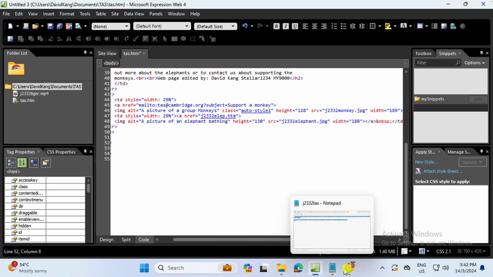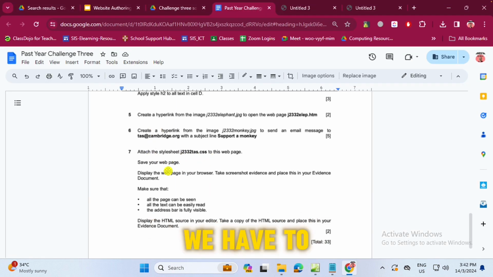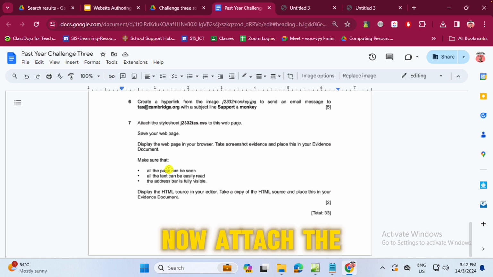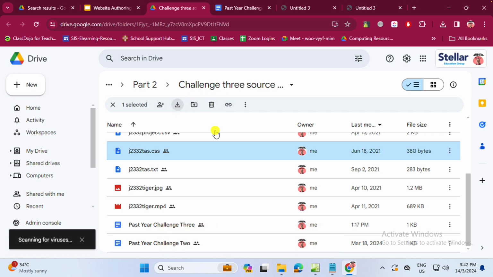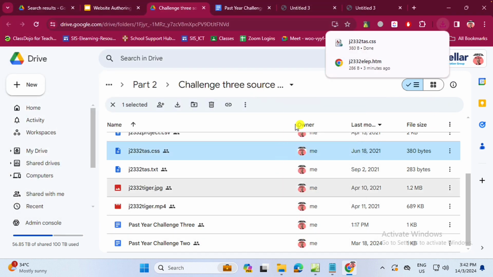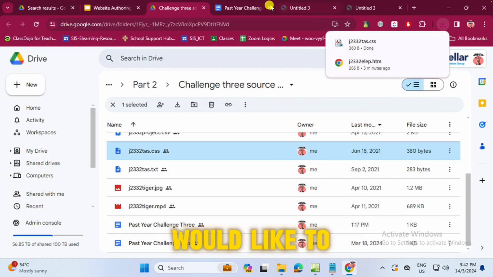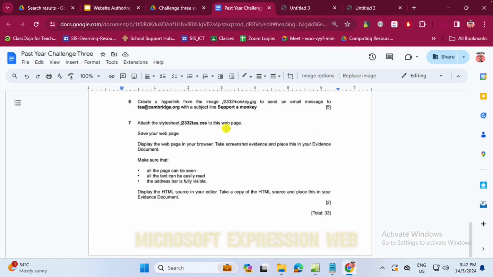Okay. Moving on to the next question, we have to now attach the CSS file. The CSS file is just very straightforward. Just go ahead and download the CSS file from this source file and put it in the TS folder. Now, what I would like to do when it comes to a CSS file in Microsoft Expression Web,